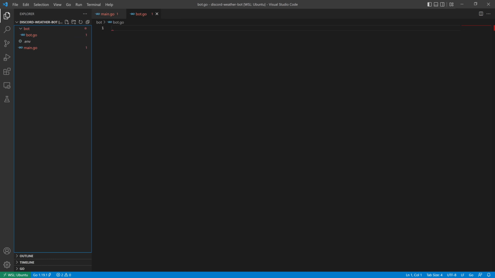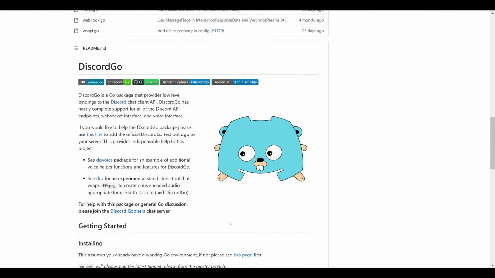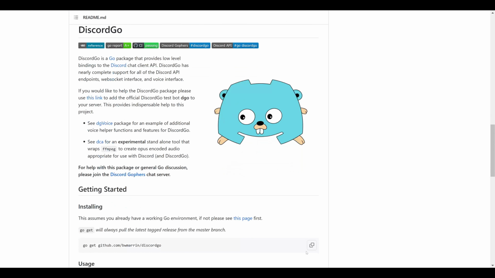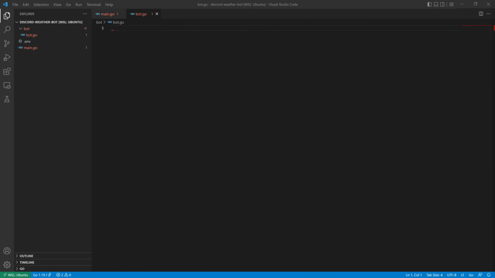So in order to get started with our project, we're going to have to do a couple of things. One of which we'll jump back over to that Discord Go GitHub page real quick. And we scroll down just a little bit under the getting started and installing step. We'll see that there is the go get command for this module. And anytime you install one of these modules, it's literally just as easy as providing the GitHub path to that module. So we'll go ahead and copy that out, go back over to VS Code, and I'll open up my